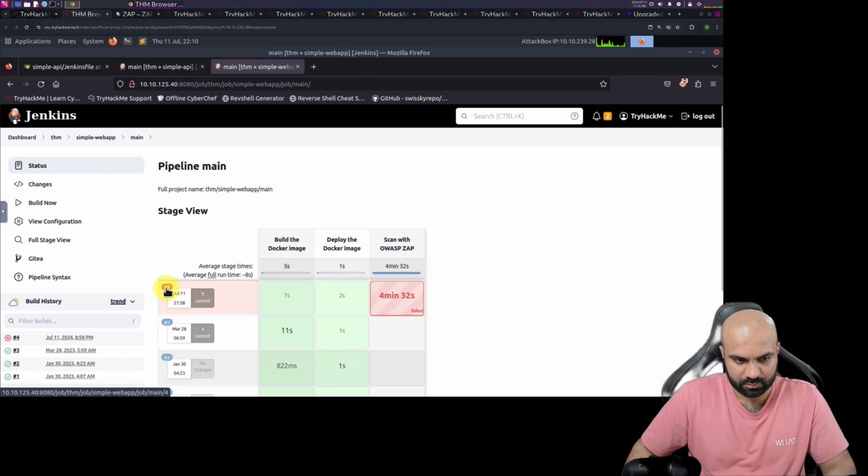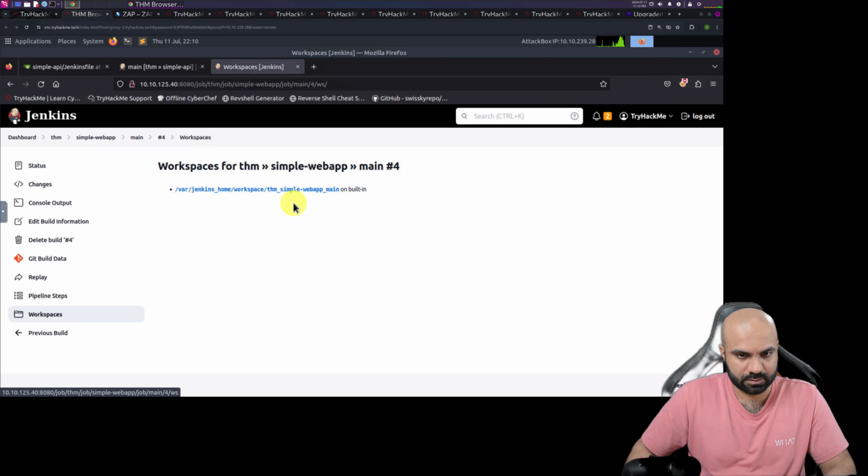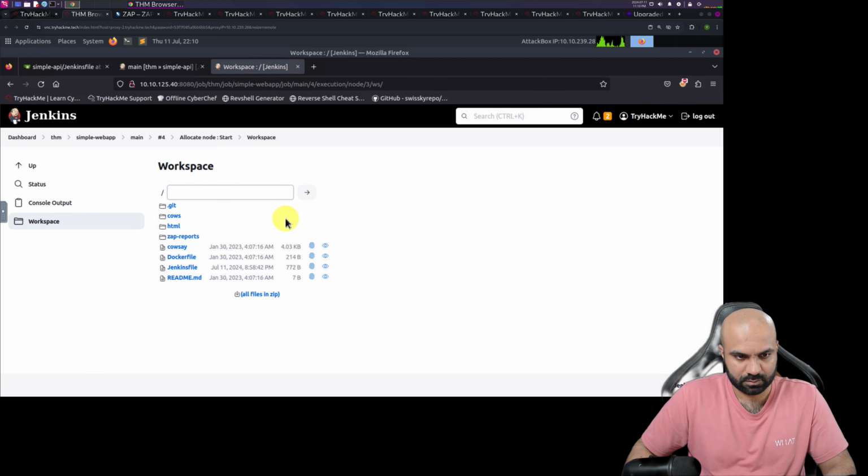So let me open this up, and here is the details. Wait, I will need to go to the workspaces, and here is the details here, and here is the ZAP report,